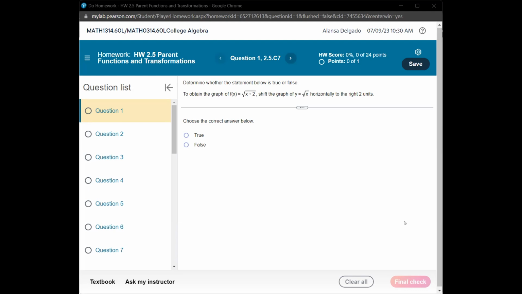Why? Because y equals the square root of x and y equals the square root of x plus 2 are going right together. But one of them, the y equals the square root of x plus 2,